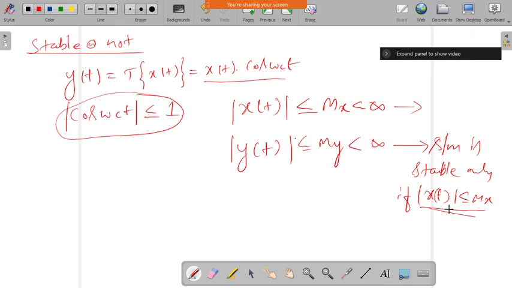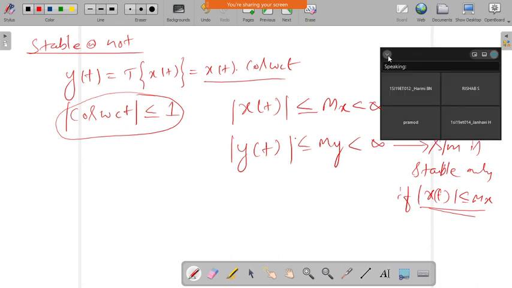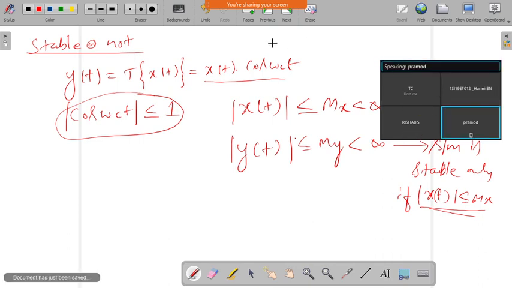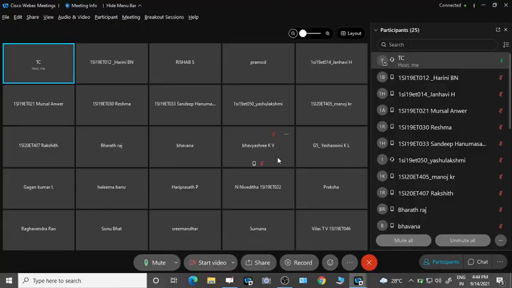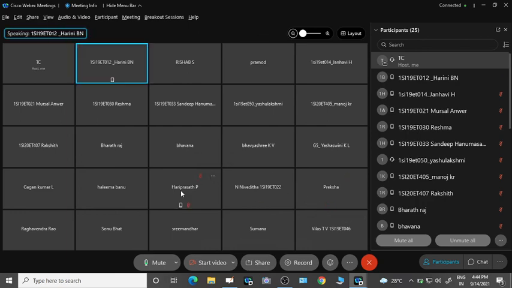Is it understood? Any doubt about all these properties? Anybody any doubt? Hello, Pramod, understood? Yes, sir, got it, sir. Rishabh, Harini, any doubts? No, sir. Okay. Preksha,